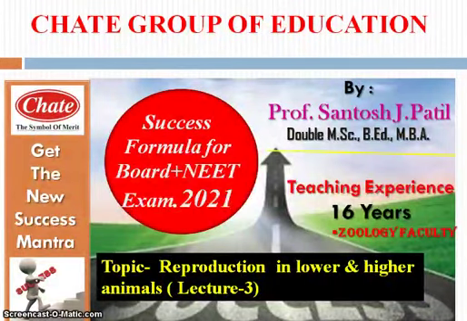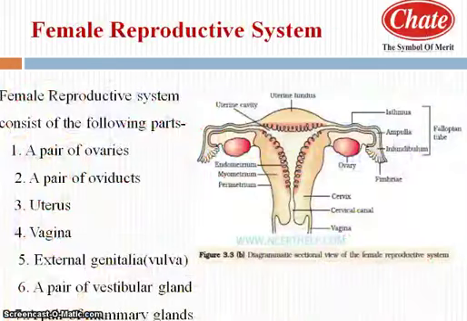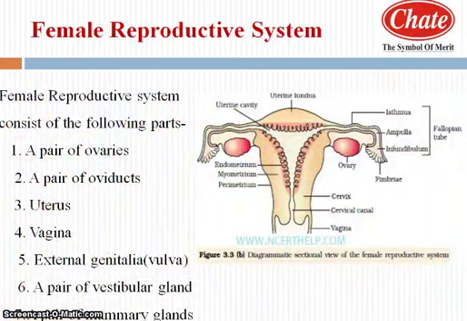Dear friends, after completion of the male reproductive system, in today's lecture we want to focus on the components of the female reproductive system. Like the male reproductive system, the female reproductive system also consists of three types of organs: primary sex organ, secondary sex organ, and associated gland. And they are broadly divided into three groups, that is internal genital organ, external genital organ,